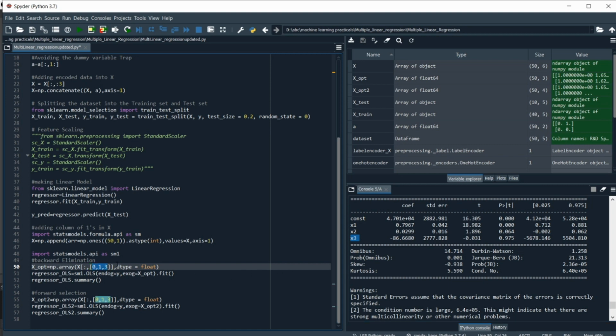Now if we only use these three columns 0, 1 and 3 for fitting of our model over the training set, then after that when we apply prediction over the testing set, it's going to make quite a great prediction compared to the previous model. That's it for our today's session.